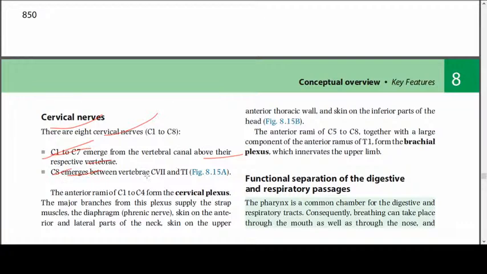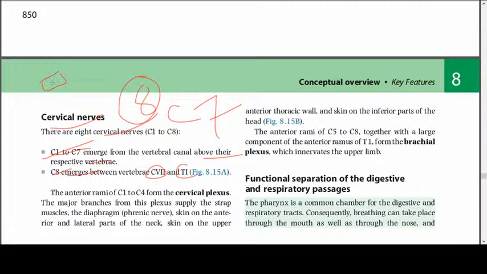C8 emerges between C7 and T1. There are altogether 7 cervical vertebrae, the last is called C7. But the cervical nerves are actually 8 in number. It is because